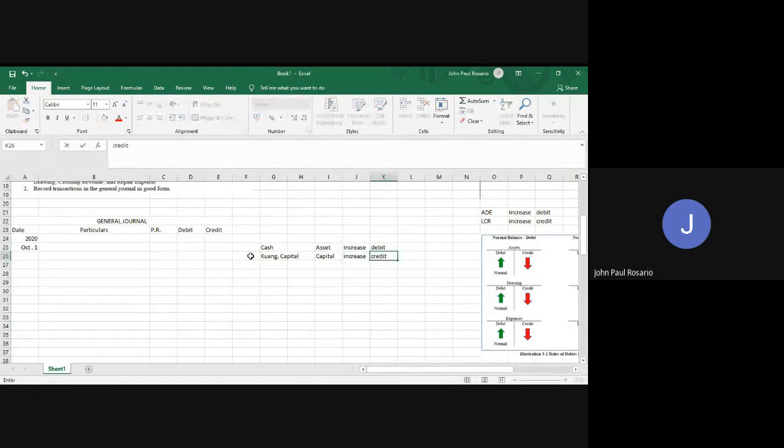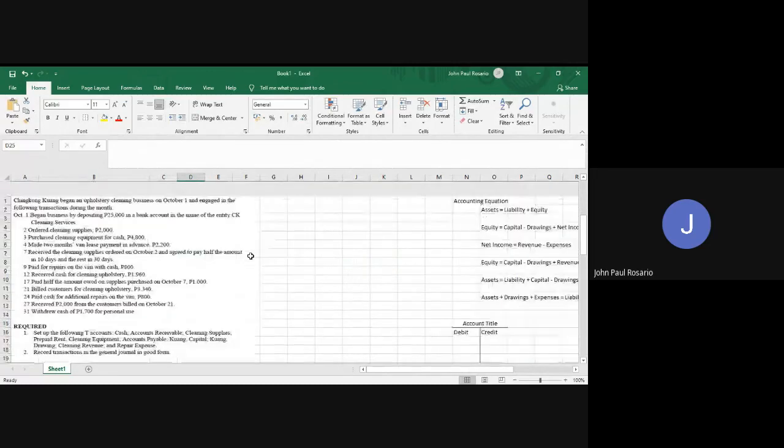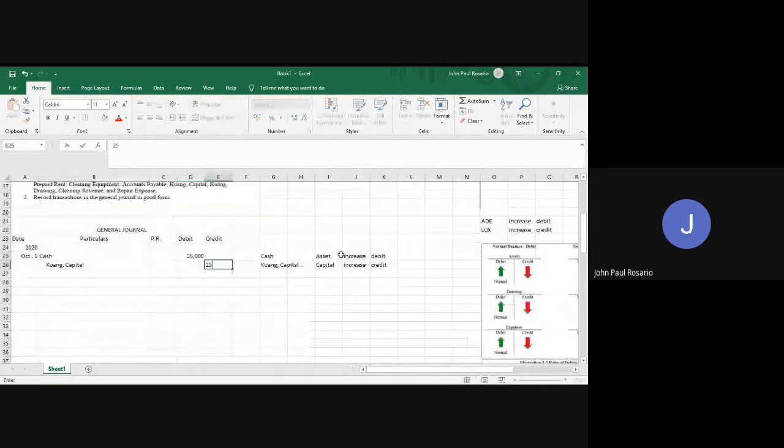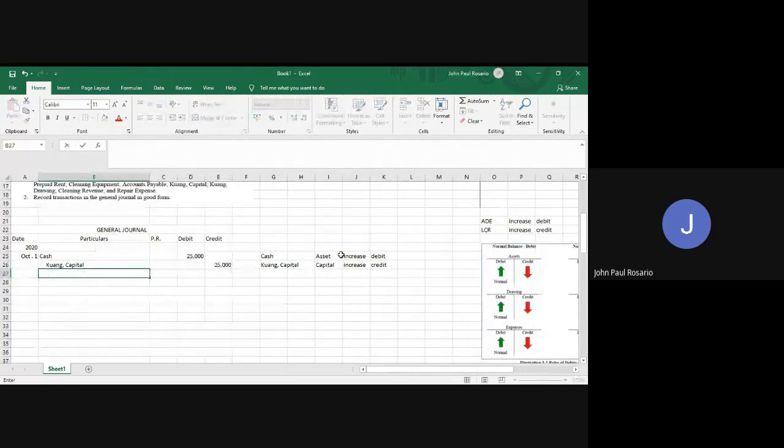So, when journalizing in the general journal, we put the debit first. The debit is cash, so cash. Then the credit: remember there must be 5 spaces of indention before we credit. So, 1, 2, 3, 4, 5, then Kwang, capital. Leave the PR side blank. The amount is 25,000 on both lines. Then the explanation, indented another 5 spaces: to record initial investment of 1.